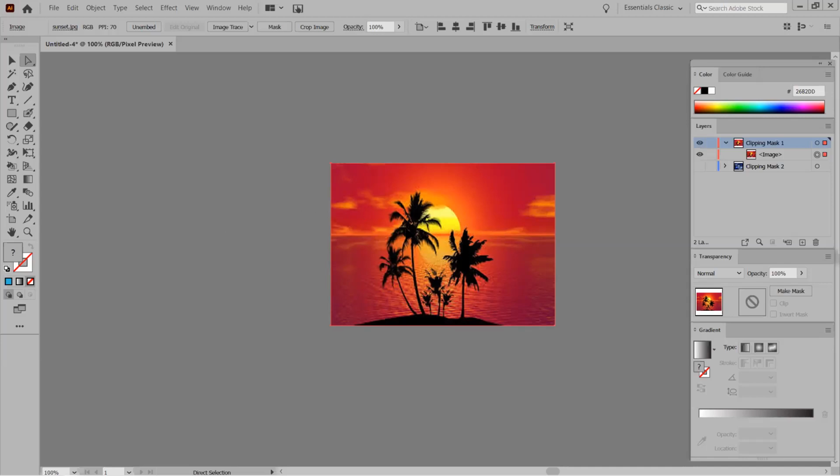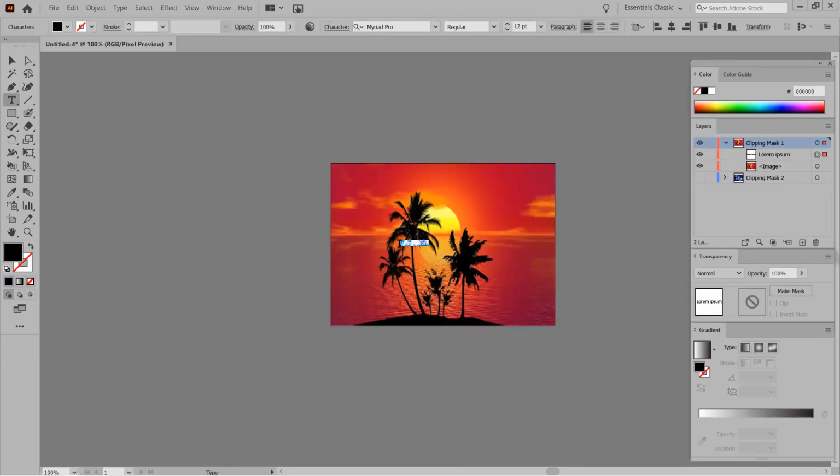Anyway, so now that I have my image, let's type T for type or text. So I'm gonna type in Hawaii. Now you can't see it because it's in black and it's small, so